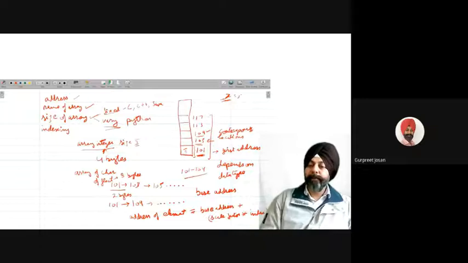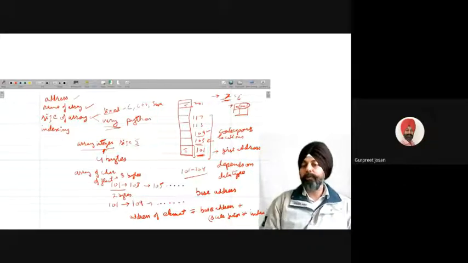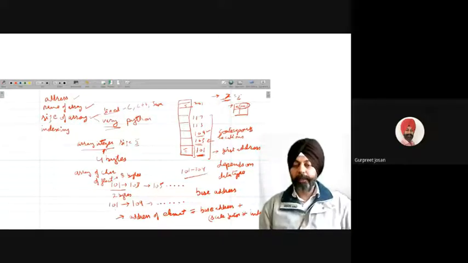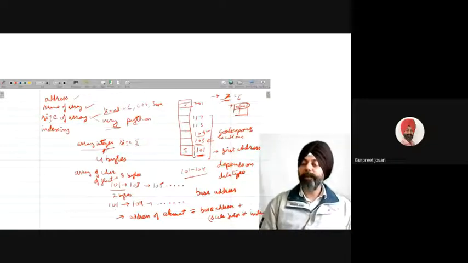For example, if I write x is equal to 5, how will the computer find where to store the 5? There is a table at the back end where we have the entry that x is at 201. So the computer will check in this table, find out the address, and store the value at 201. Similarly, when we have an array, the computer uses a formula to calculate the address of any element.